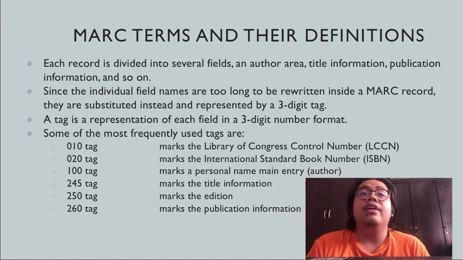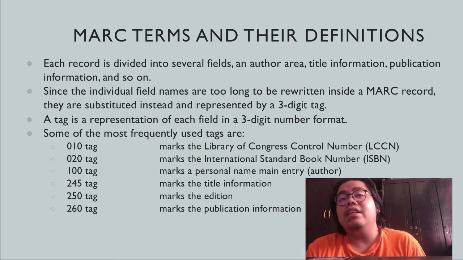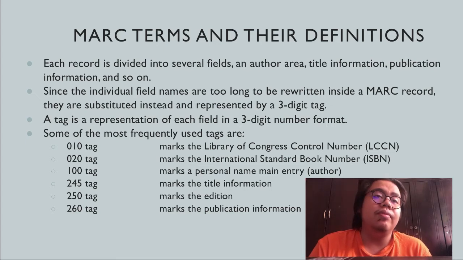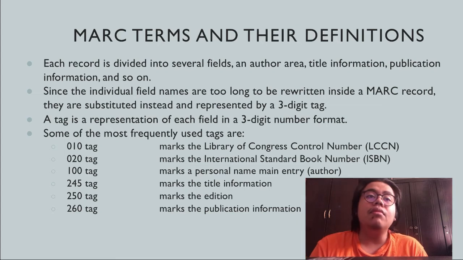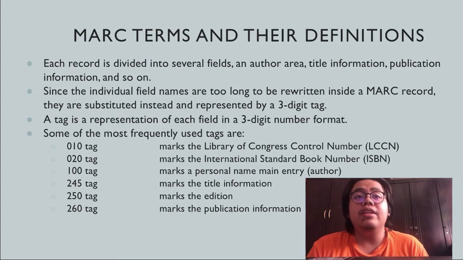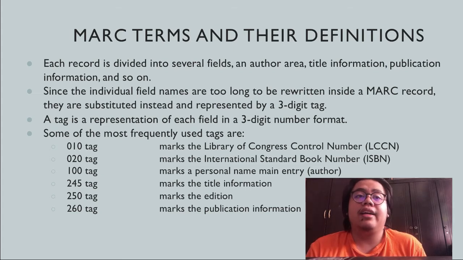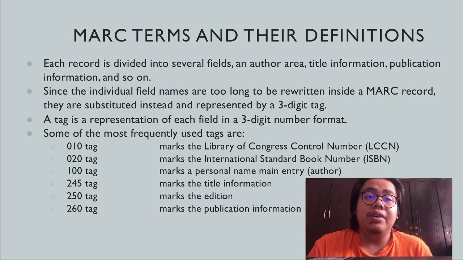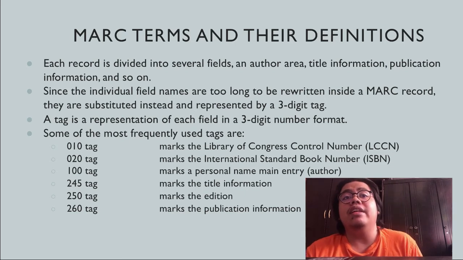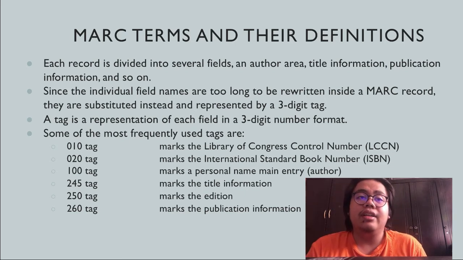I will tell you about MARC terms and their definitions. Each record is divided into several fields: an author area, title information, publication information, and so on. Since the individual field names are too long to be rewritten inside a MARC record, they are substituted instead by a three-digit tag. A tag is a representation of each field in a three-digit number format. Some of the most frequently used tags are: